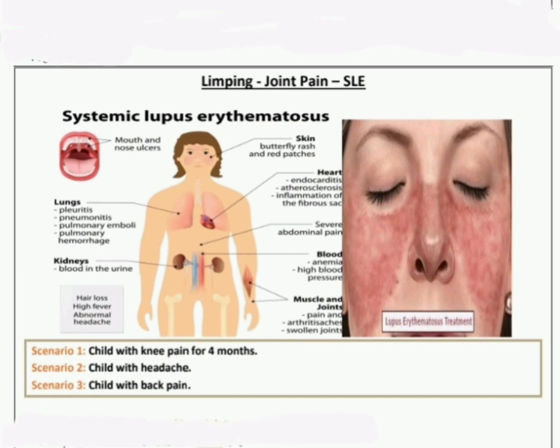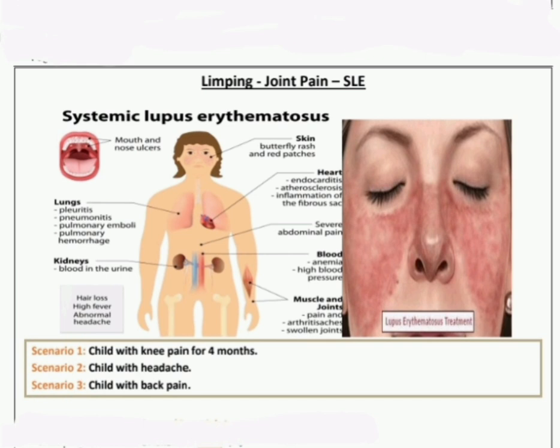So first, we know the SLE features. They have mouth ulcers and nose ulcers. In the skin, we find butterfly rash and red patches. So butterfly rash, look at the face of the girl. In the heart, we find endocarditis, atherosclerosis, inflammation of the fibrous sac, severe abdominal pain, anemia, high blood pressure. In muscle and joint, there is pain and arthritis, swollen joints. In lungs, we find pleurisy, pneumonitis, pulmonary emboli, pulmonary hemorrhage. In the kidney, blood in the urine, hair loss, high fever, abnormal